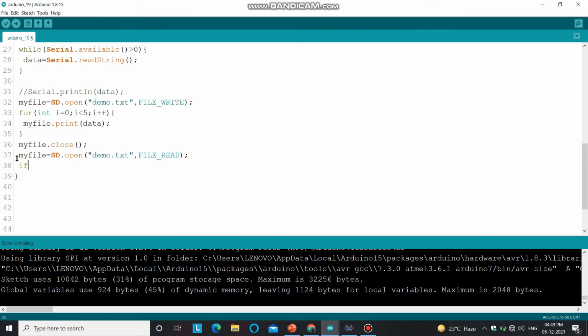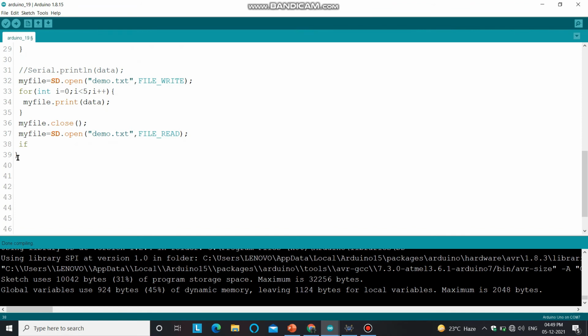if (myFile), then you have to check for the file, while (myFile dot available). That means it will look for the file.